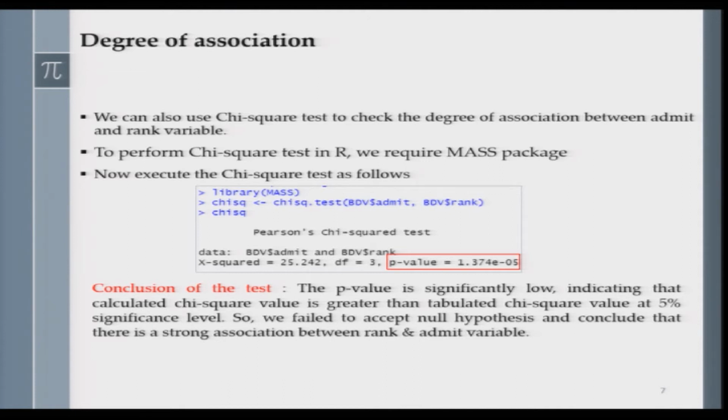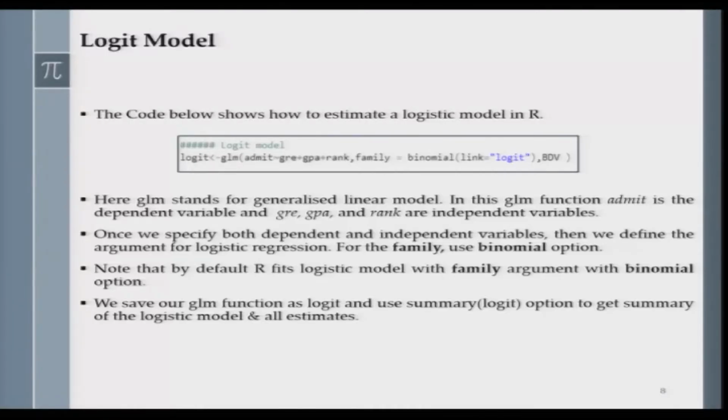So, now we are finally going to move on to the discussion of logit models, and I am going to make use of the same data set that we used from the UCLA data source to explain to you the working or operational side of the logit model in R environment. Here I am showing you the code that you must write in order to estimate a logit model. Of course, note that admit is the dummy dependent variable that we are going to model.